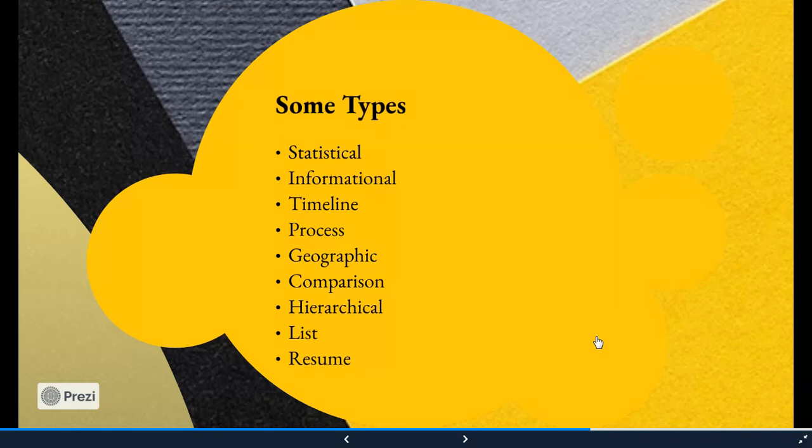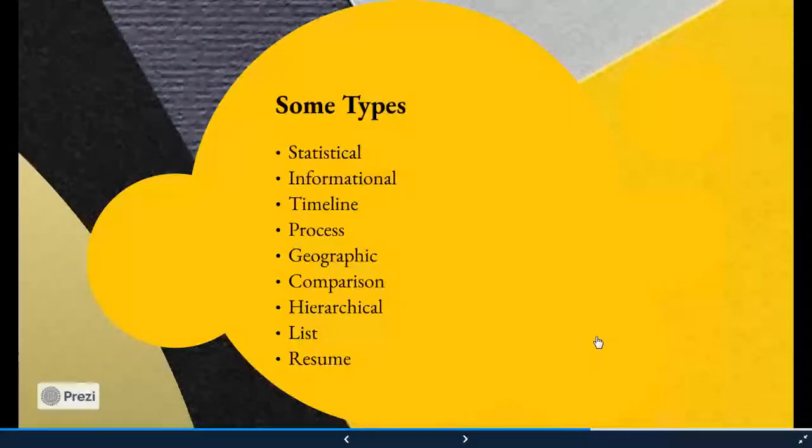Geographic. So this is something which relates to geography. You have different places across the world, different countries, and you want to show some data or some information pertaining to different countries. So let's say how the pandemic is affecting different parts of the world. So you pick up each country and then maybe show the number of patients recovered, the number of cases that were reported, and stuff like that.